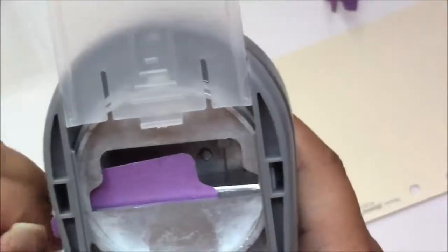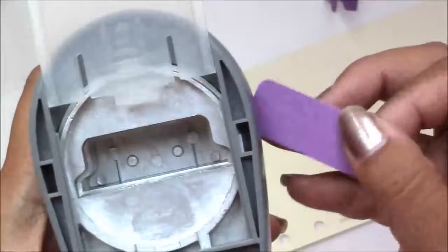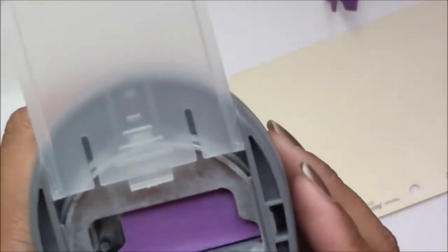So now when I go and put this in my punch, what's gonna happen, let's just shake that piece out now. Okay, I'm going to slide this inside, and I'm going to sort of wiggle it till I hit that edge there. Hold on. Let's do this from the other side. Okay, so gotta kind of play around with it. Okay, so it looks like it's where I need it to be, and I'm aligning where